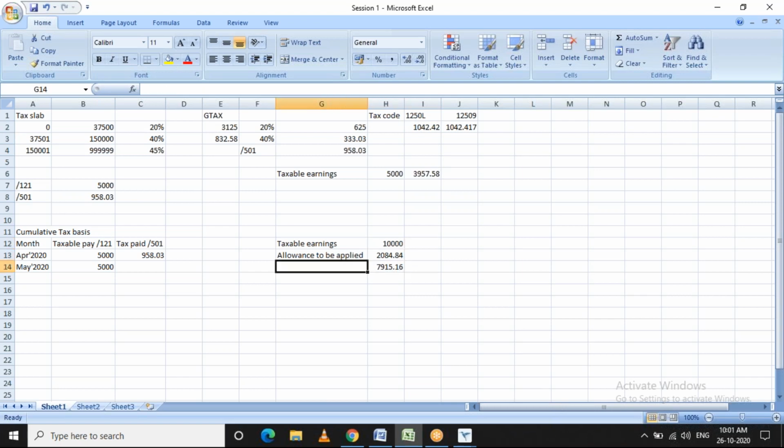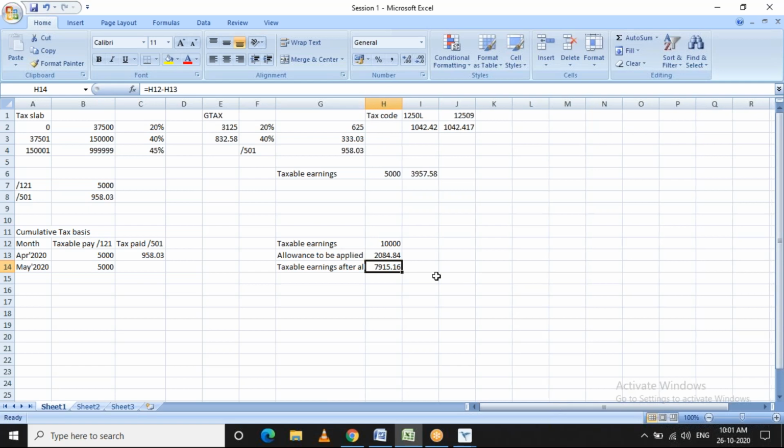So now our taxable earnings after allowances or the tax code is 7,900 pounds. Now the tax slab will be applied on this figure of 7,900 pounds. Our first slab is 3,125, right?